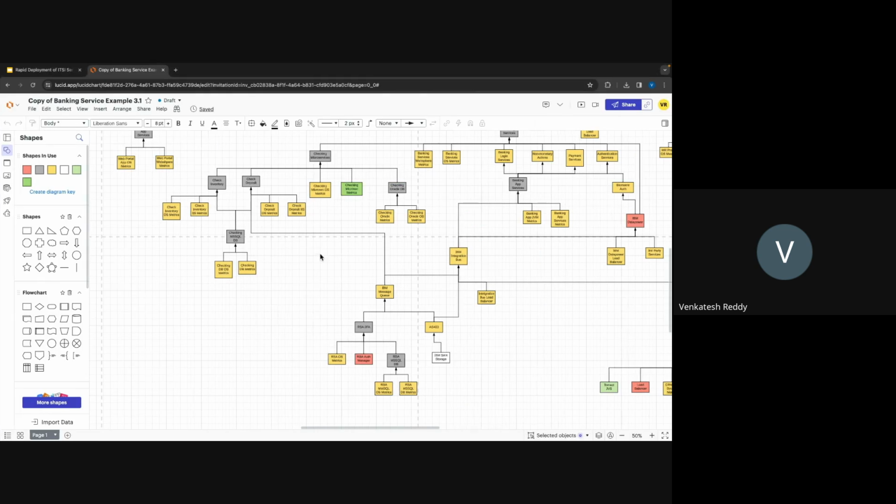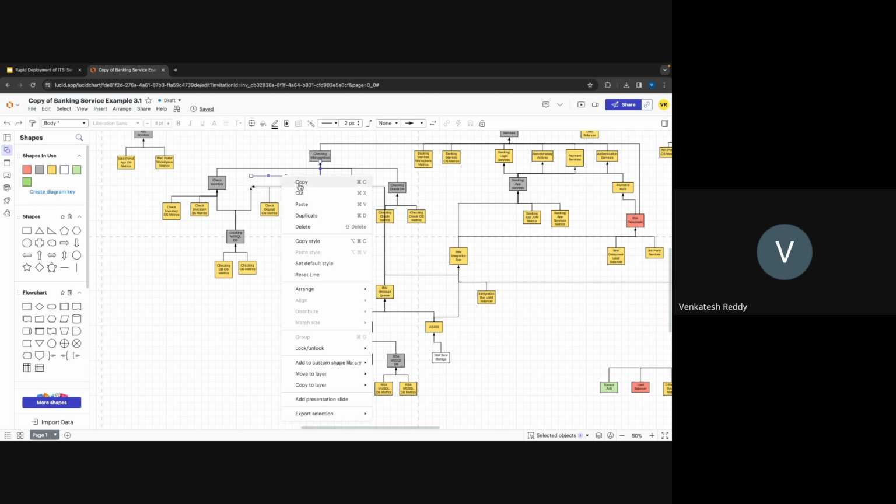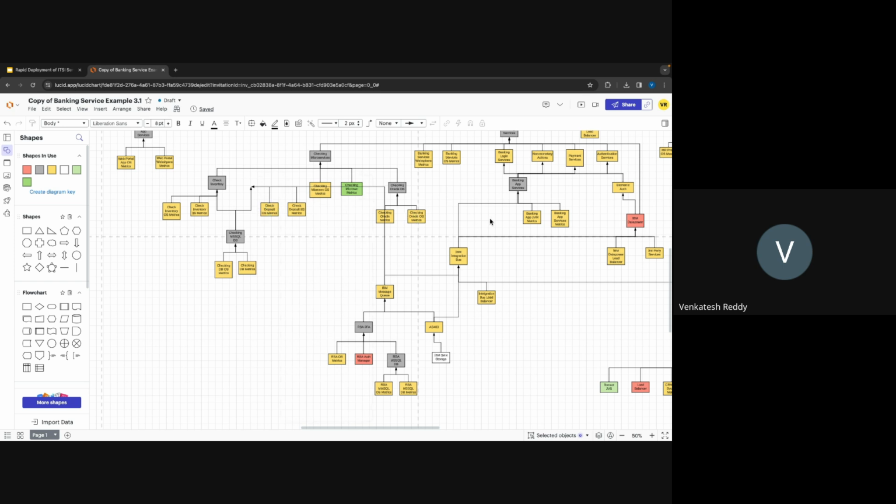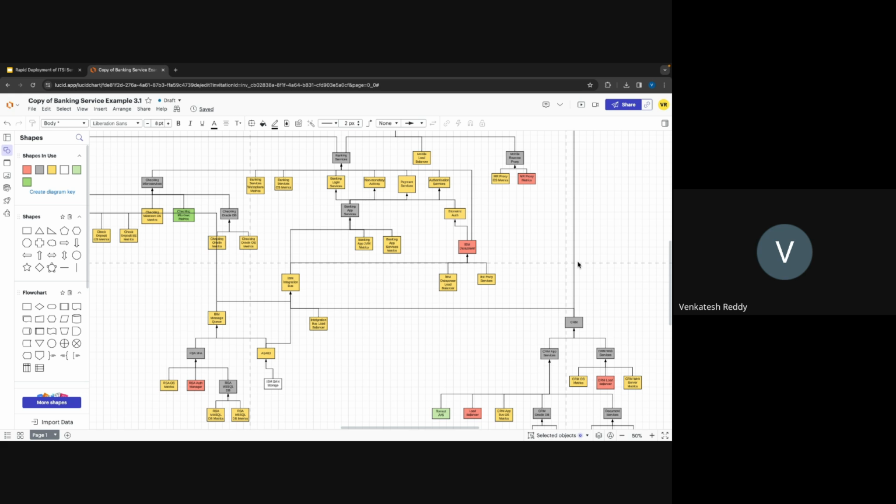When we are doing service decomposition, we can share the screen with everyone, and everyone can view it and suggest, okay, this service depends on this service. Okay, we don't need this service, we can delete it. Okay, that's it. We can remove this one. These are the services we have, and then we have the CRM, and all those things we can do in one go by doing the service decomposition, right?